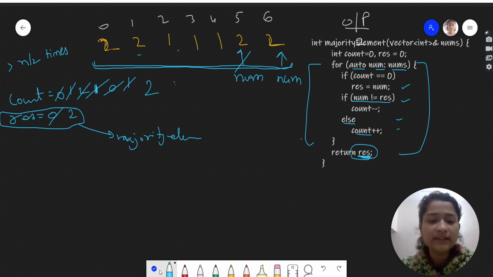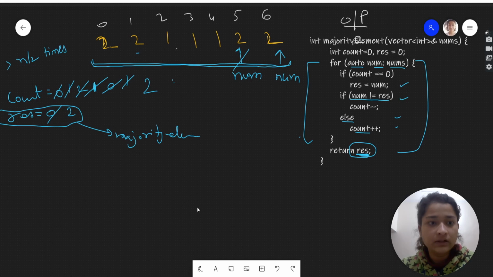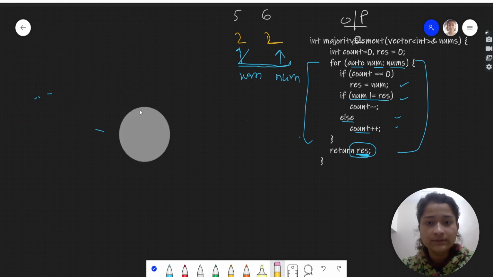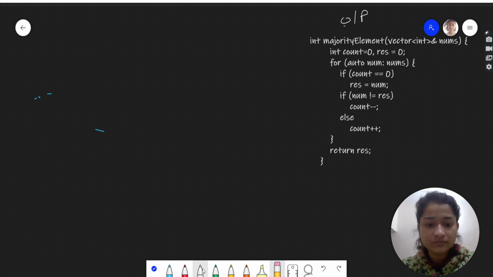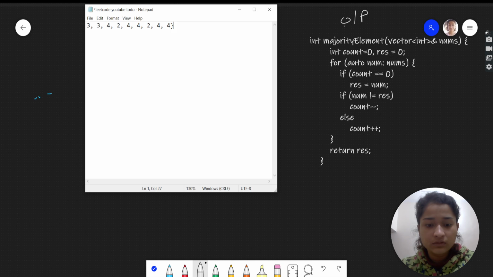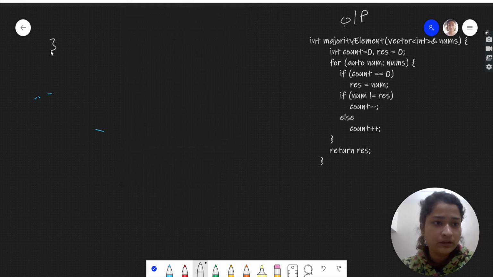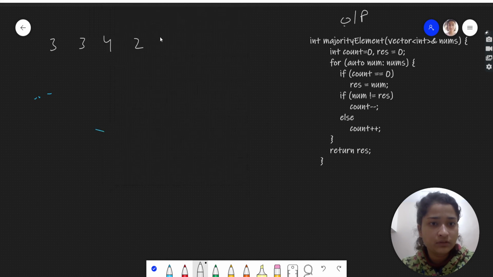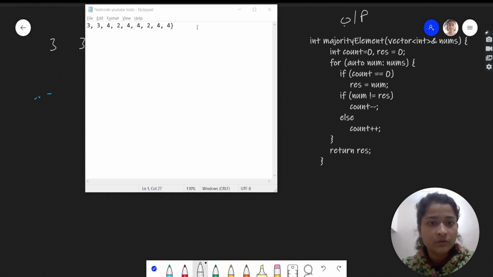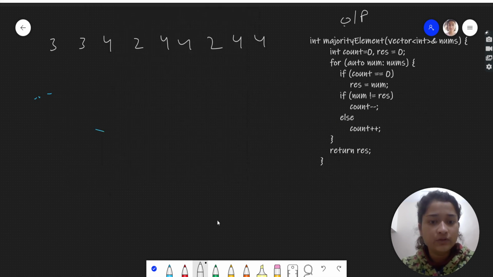So let's do one thing. Let's try running another test case. It will become more clear. So let's take another test case. We can take 3, 3, 4, 3, 3, 4, 2, 4, 4. Okay, so this test case we can take, and over here the majority element will be, I guess,